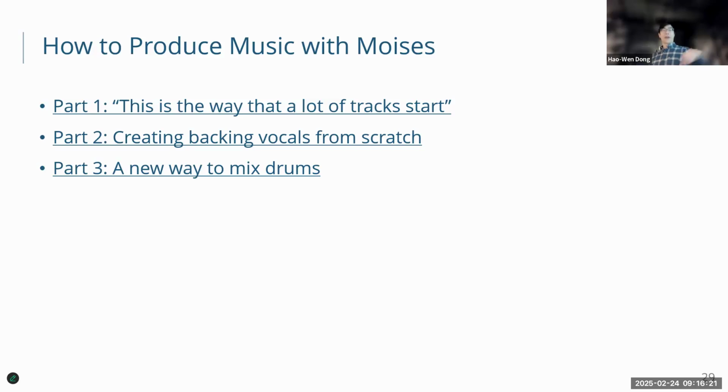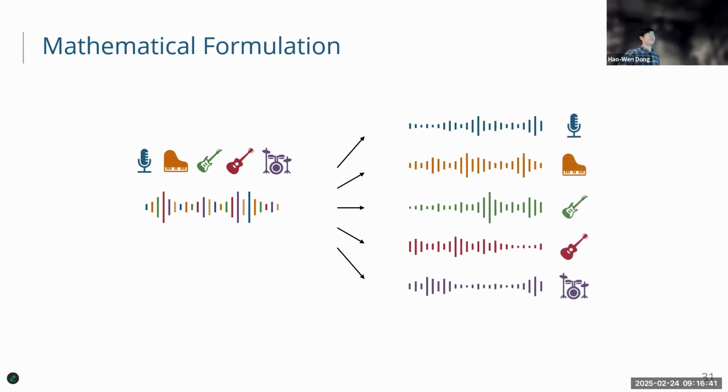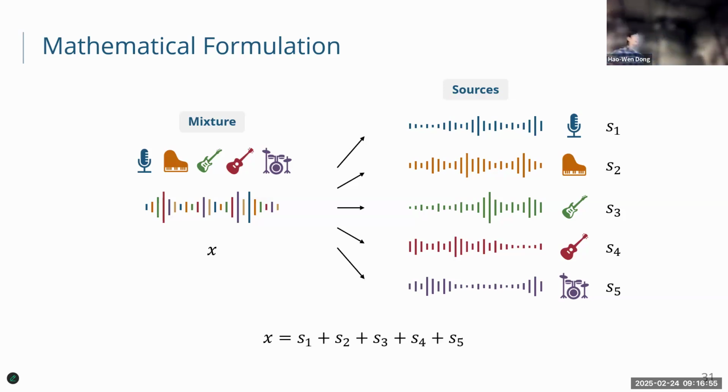So today we will talk about how source separation works in some sense. But we won't dig into all the details about what's the best model to do it, but give you an idea of how it works at a higher level. So basically, the mathematical formulation is simple, but also confusing in some sense, where you have a mixture, which we define as X, and then you have a bunch of sources, S1 to S5. And somehow this is the only thing you get, X equals the summation of S1 to S5. And so your goal is to solve this